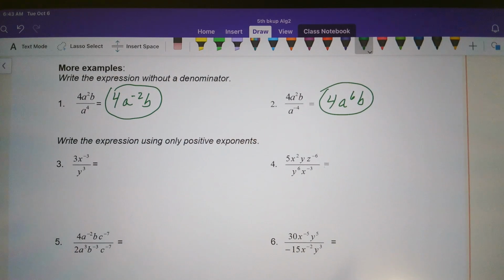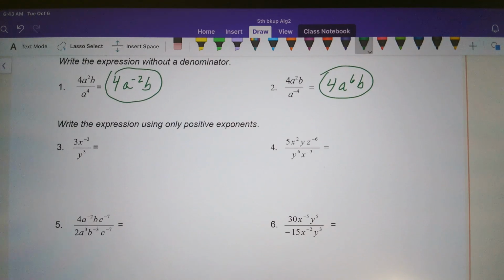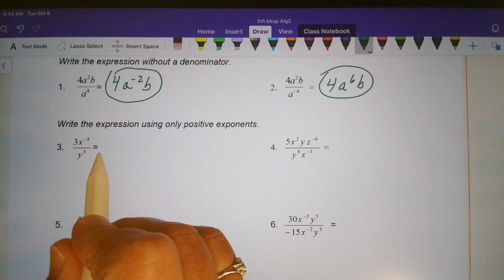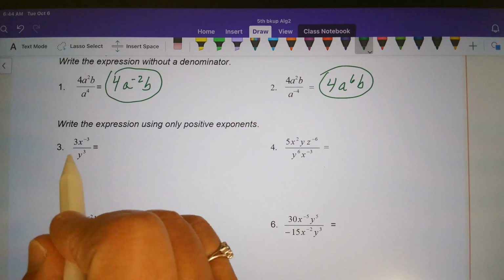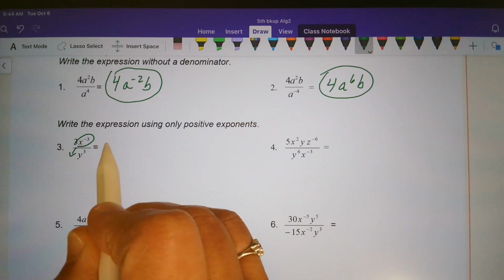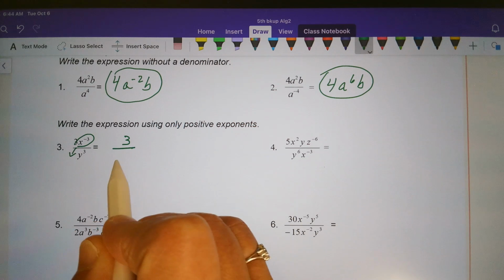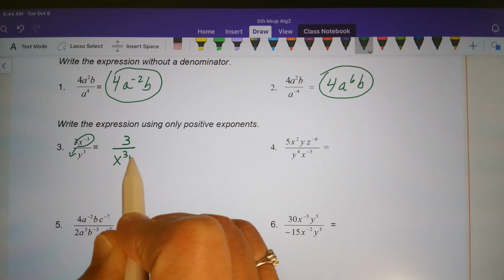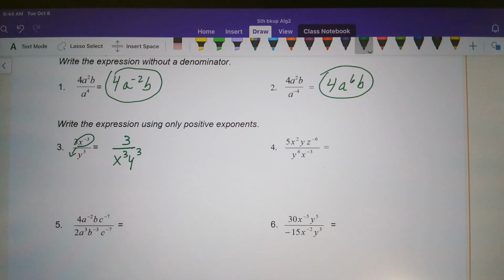For the next 4, we want to write the expression using only positive exponents. Okay. Well, let's just take this negative exponent and bring it down. So this would be 3 over x to the positive 3, y to the positive 3. In number 4,